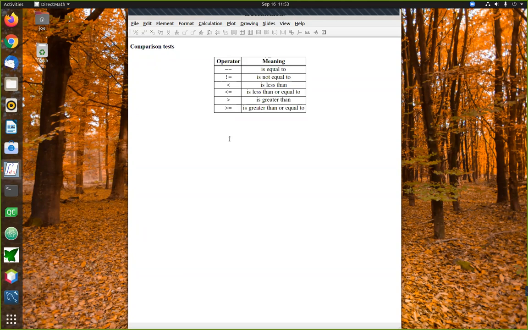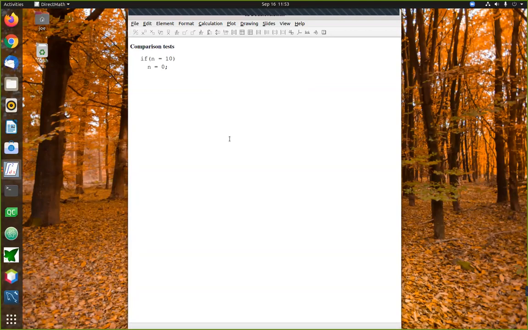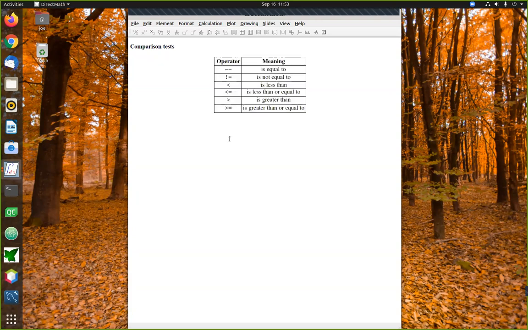So these are the 6 key comparison operators, and this is by far the most popular way to make a test that asks about variables. We make a test by comparing things to each other. Now, one thing that I want to comment on explicitly, and this is one of the most common simple programming mistakes that people can make, involves the use of this first comparison operator.